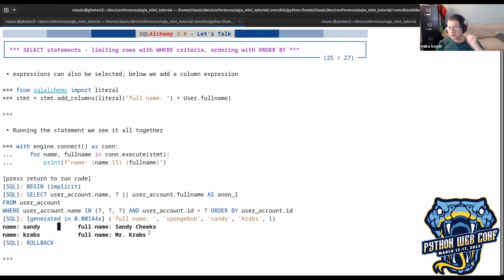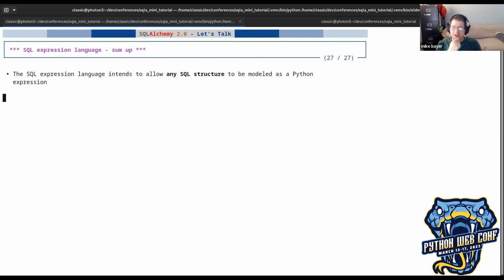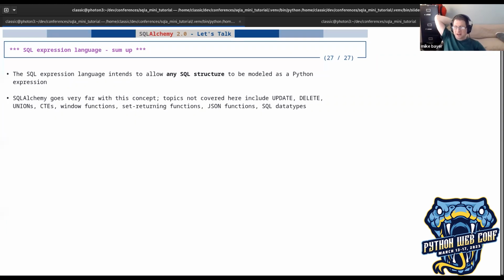I'm going to keep going, and if people want to jump in with questions as they happen, just feel free. The SQL expression language intends to allow any SQL structure, any statement, to be modeled as a Python expression. So SQLAlchemy goes very far with this. Things not covered here include updates and deletes, which look a lot like these inserts and selects, unions, other kinds of set operations, CTEs, common table expressions,